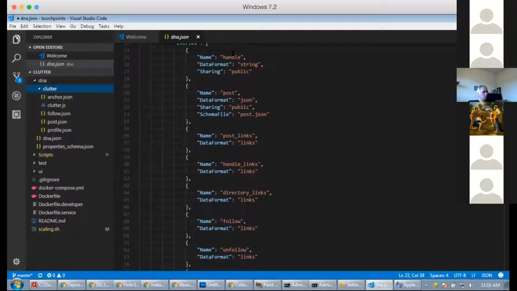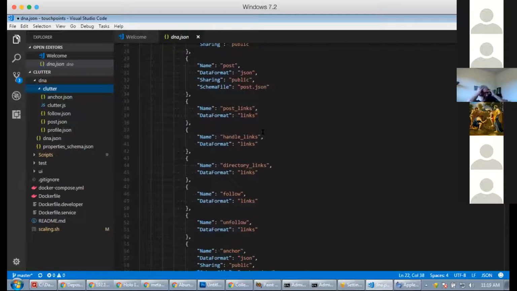So a handle is obviously a data type that's critical to our application, as well as post. Post links, handle links and directory links are ways of storing lists of things that hang off another entry. So this is a way of doing data referencing.